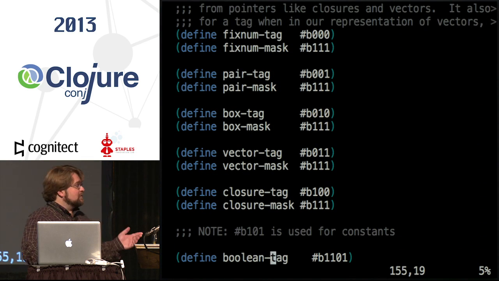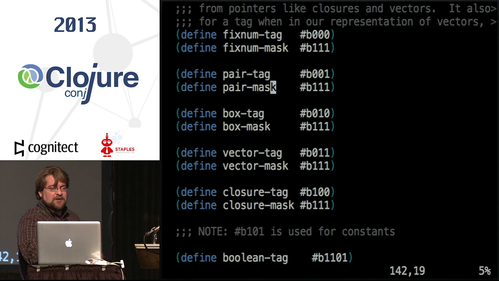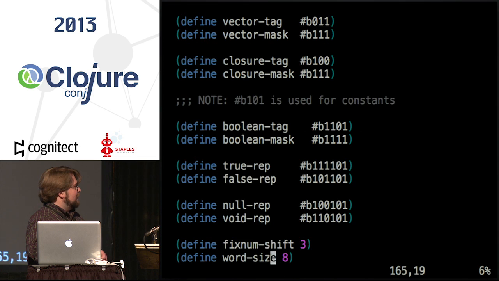Okay, so we have a representation for our data types. The fixnum tag is just 0. We have our pair tag as 1, 2 for our box tag, 3 for our vector tag, 4 for our closure tag. We have more tags that we could use, but we have a representation for our true and our false values, and a little tag for boolean just to make boolean question mark a little simpler,